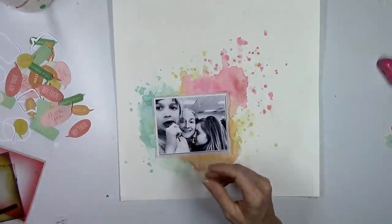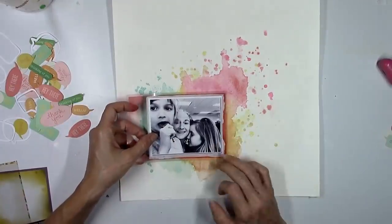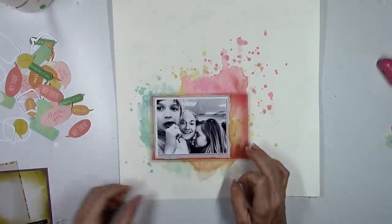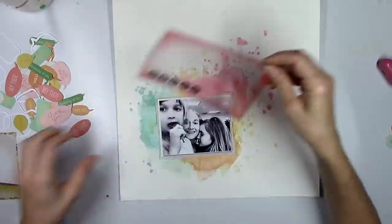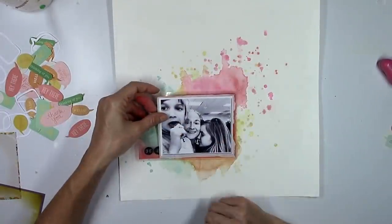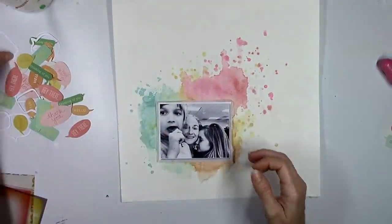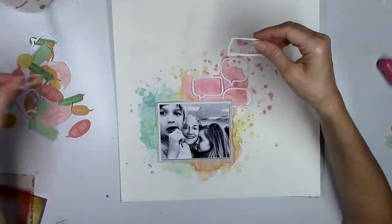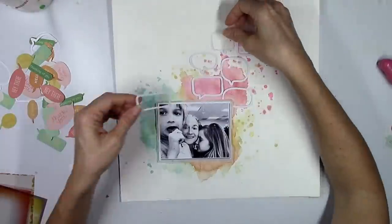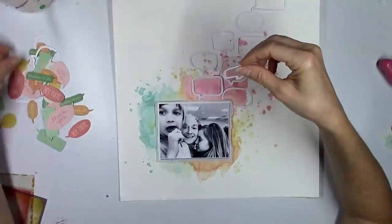I'm just trying to make it all work together. And here's where I tried to work in the frames, but none of them really looked right. I didn't want to put it on top of the picture. I mainly wanted to use those as layers, but I felt like it darkened the colors, darkened the layout a little bit, and I wanted to keep this light and bright. And I really like those little speech bubbles cut individually. I think that's fun. And I really like how this looks without the pattern paper speech bubbles on there,